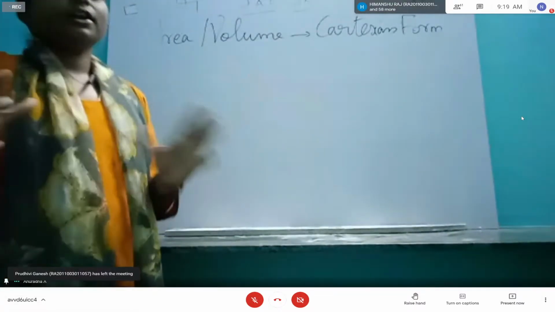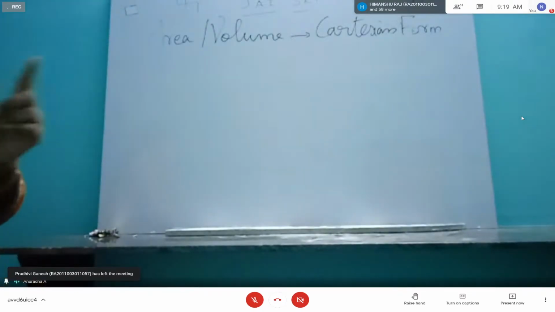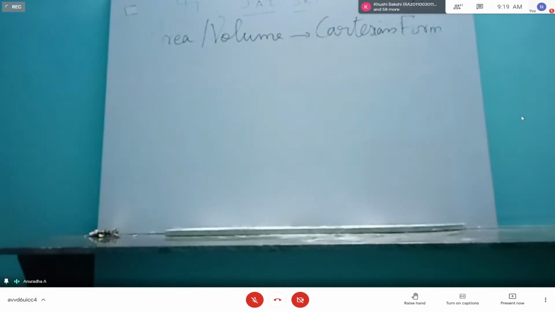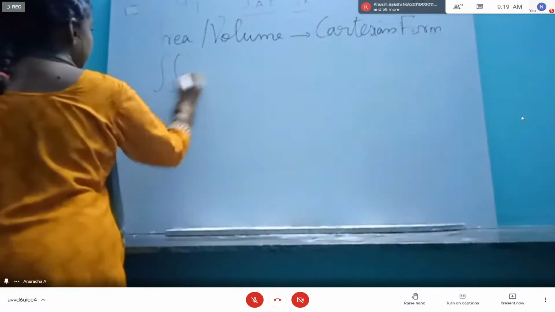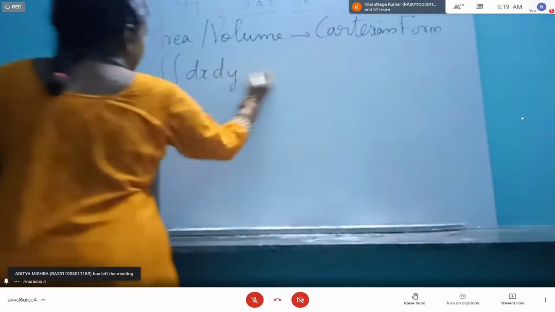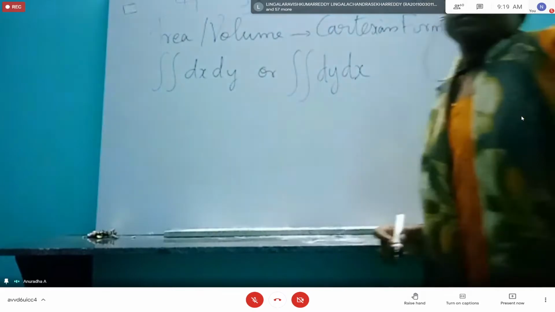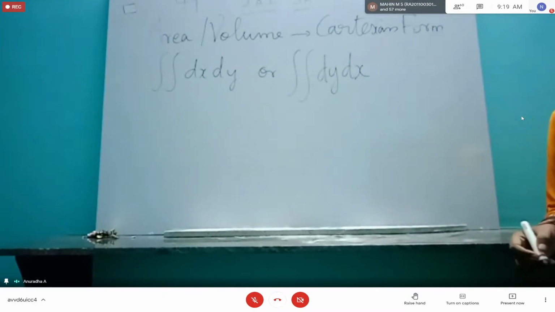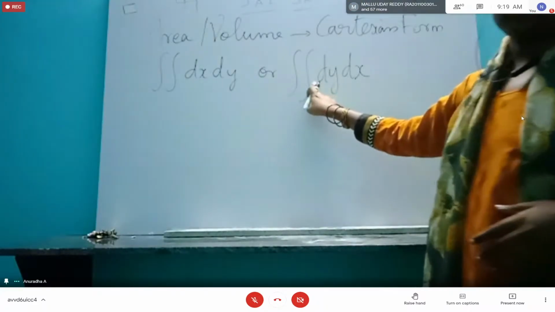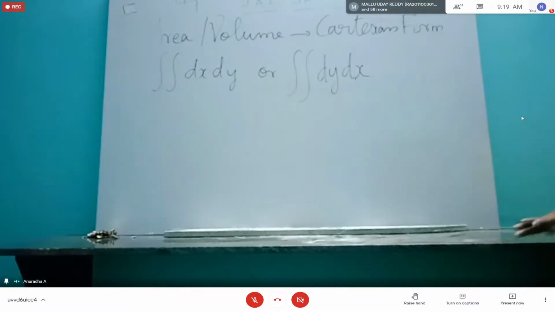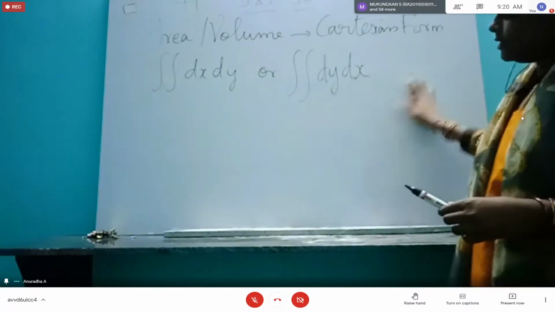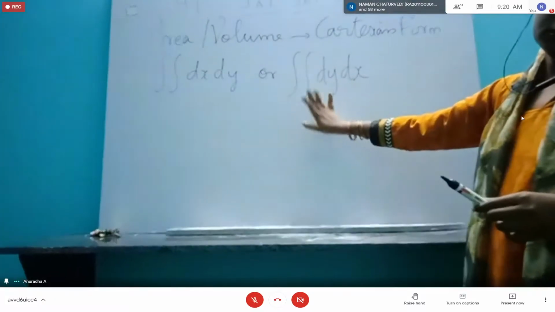So logically, the function f will be just the identity function, or the constant function 1. So just integration over dx dy, or integration over dy dx. That depends on our own choice. We can do either this or that. Because you see, the function f is just one, a constant function, the unit function. Only between the bounded regions, between these limits, what is the area? That is what they will ask.